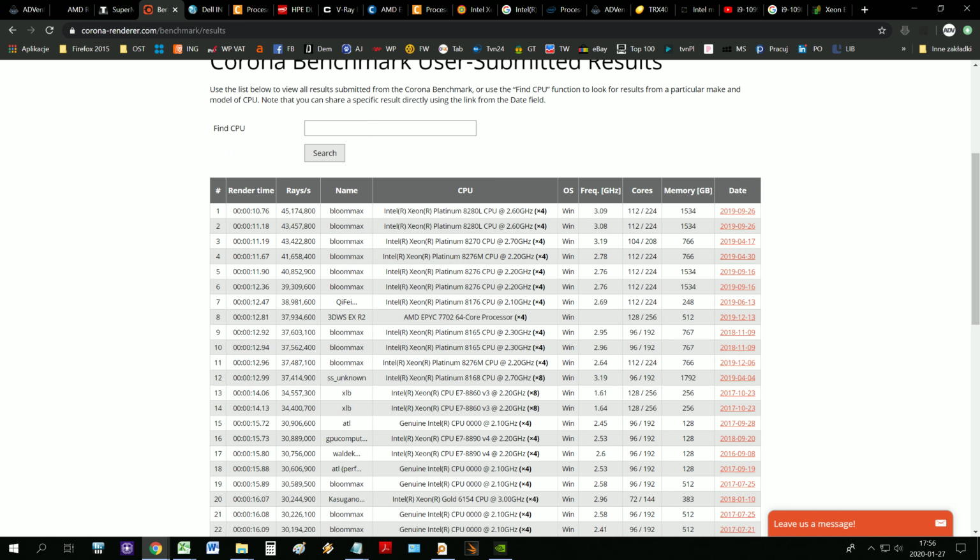And right now in Corona we have 45.17 million rays with 4 8280L chips, 112 cores, 224 threads and over 1.5 terabytes of memory. This machine is huge and it costs about $140,000. Okay, $130,000 or $140,000, depending on memory. And here we have a new score from